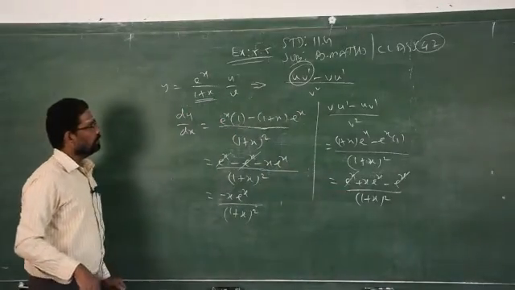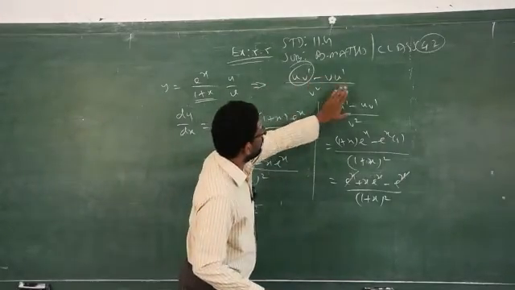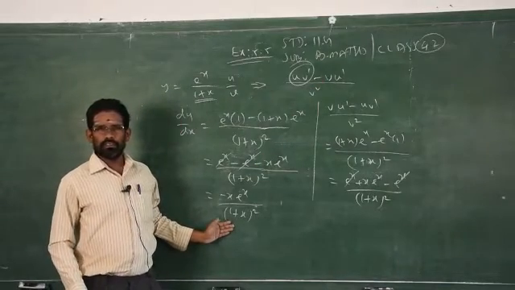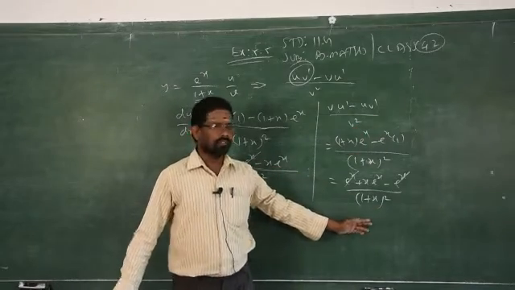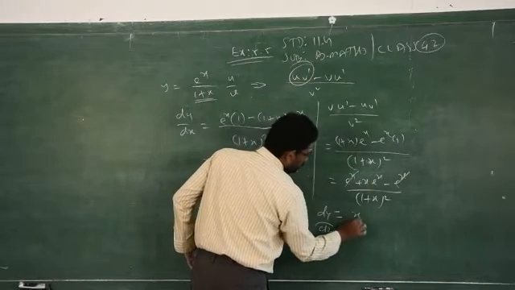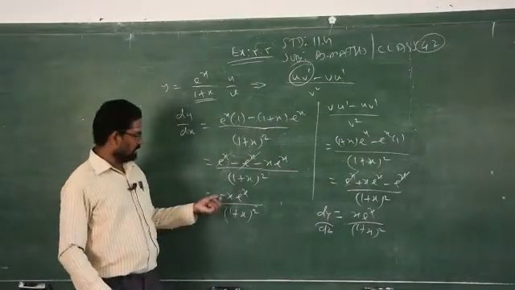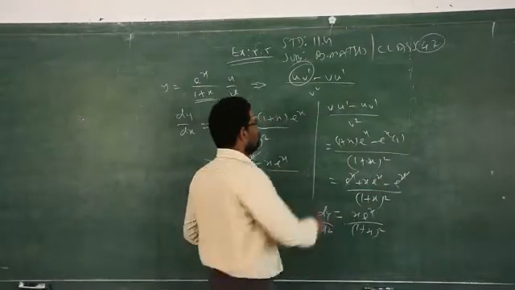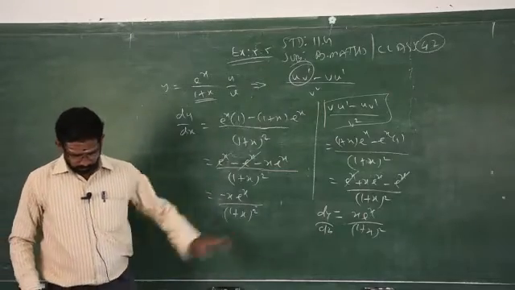So u v u dash minus u v dash. See, when I interchange these two formulas, I get the wrong answer. Clear? Go for the exact formula and you will get correct answers. So be careful, don't change that formula, or you will get a wrong answer, only in terms of the sign, not for any other cases. So you have to use which formula? uv dash minus the second one.